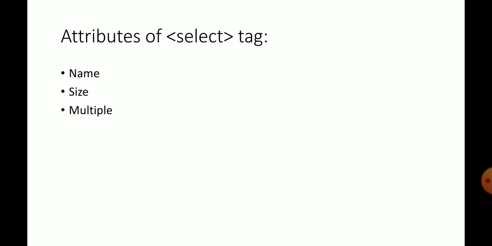And the last tag is the option tag. Option tag attributes are value and selected. Value attribute we already discussed. The other is selected, which specifies the default selection in the drop down list. Now this is the end of your HTML.